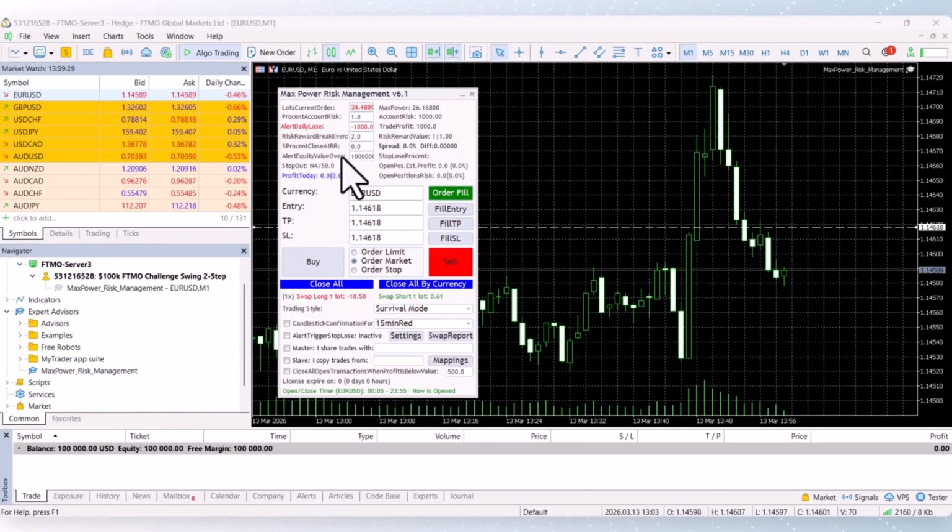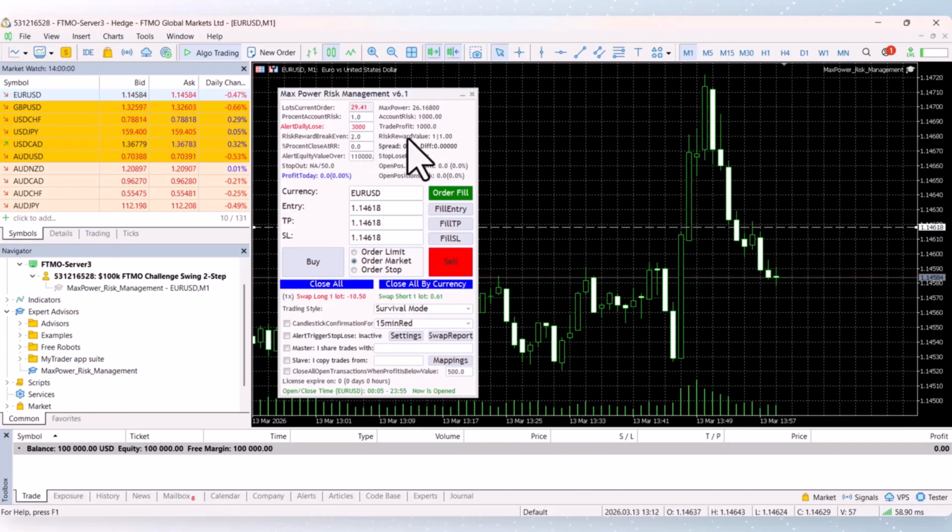When I make 110k, I will pass this FTMO account from phase 1, and because of this I will set an alert. I will put here 110k to receive alerts when balance of this account will be 110k. I would like to receive an alert for daily drawdown of 3% from this account and I will set here $3,000. If I lose more than 3% from this account in one day, I will receive one alert.